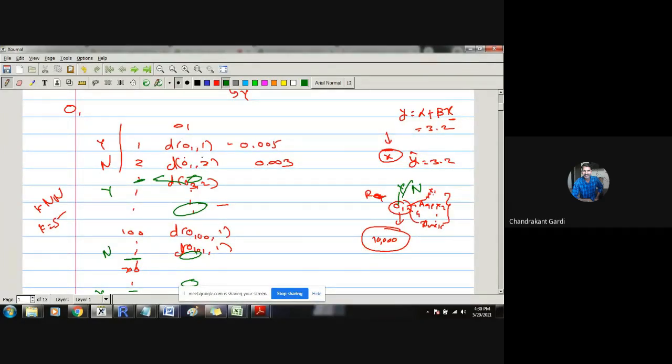And once we do these 10,000 comparisons, then we will have to identify the 5 observations, or 5 smallest distances, in this particular column, and those will be the nearest neighbors of this particular observation. And once we have pointed out those 5 nearest neighbors, then based on the majority, we will say that this observation belongs to the yes category or the no category. So this is quite a tedious task.